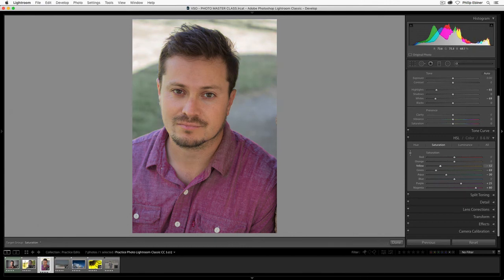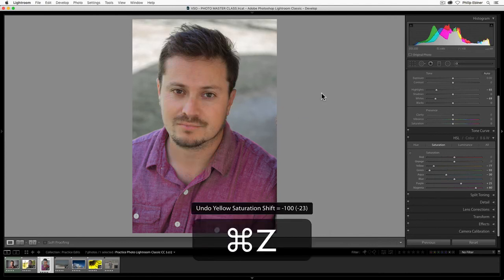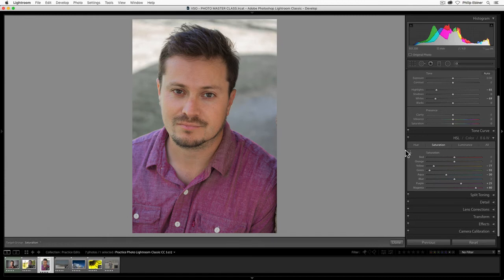I'm going to bring down some of the yellows as well. You've got to be careful though, because if you bring some colors like yellows down all the way, you get rid of the color in Will's face and he looks like a zombie, which may be what you want. So you might want to combat it by going back and bringing up the saturation of his face just a little bit, which will bring back some of the color up here, but it's okay. You want people's faces to look natural.